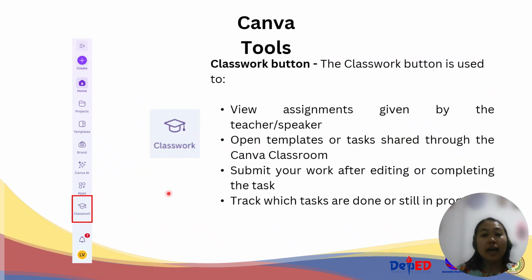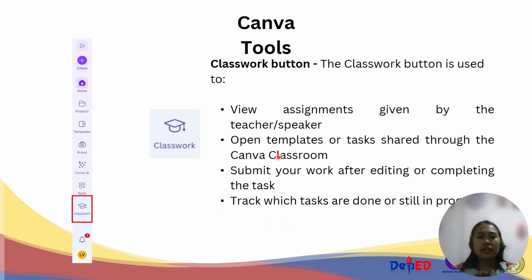And we have here the class button. The class button is used to view assignments given by the teacher, open templates or task shares for the Canva classroom, submit your work after editing or completing the task, and track which tasks are done or still in progress.